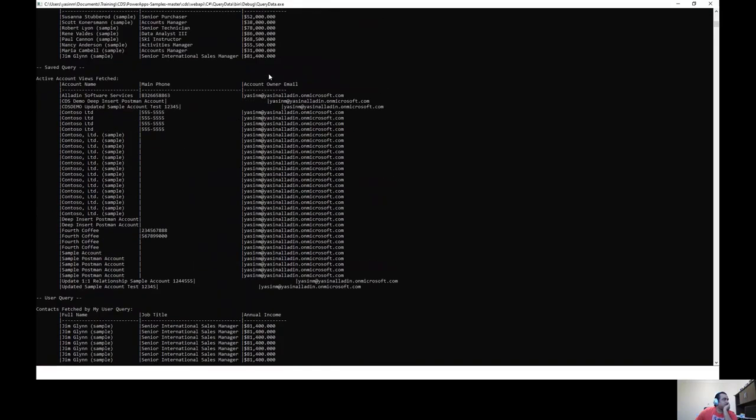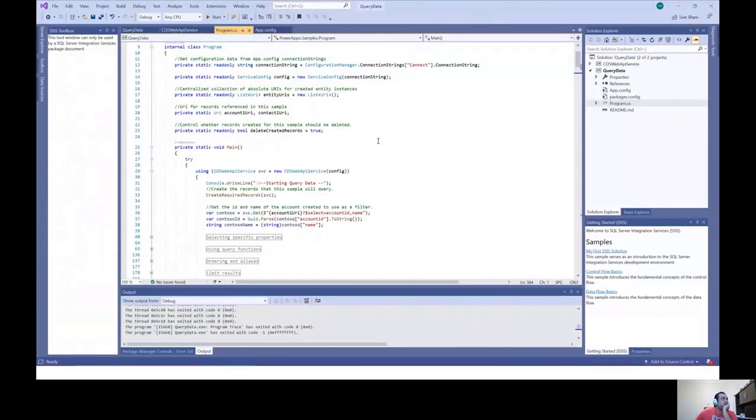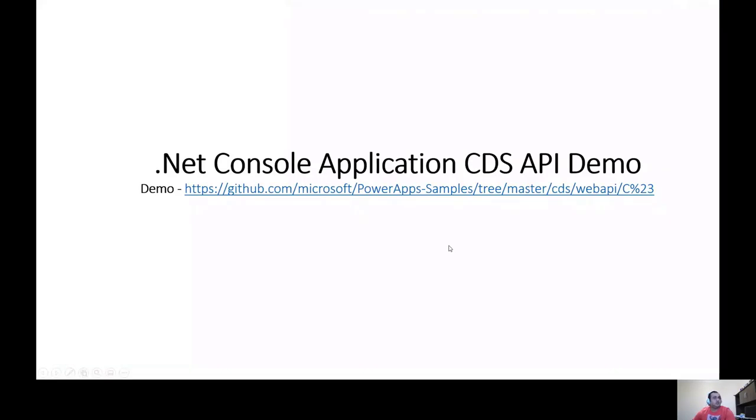Right. So these are the views that I'm calling. This is how your end-to-end application integration would work. If you have a UI or something, you could do it with any form. And here are the demos that I've shown. They're available on GitHub, so you can download the samples and test them out for yourself and play around with the various console applications.